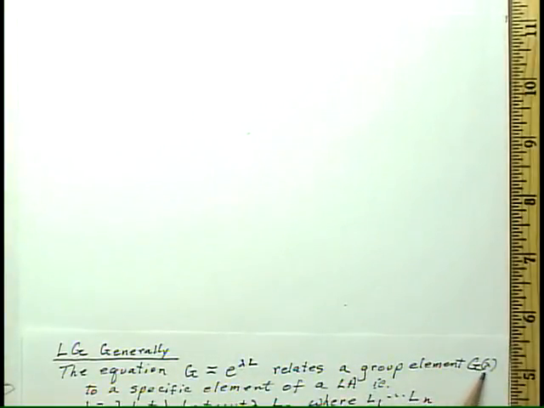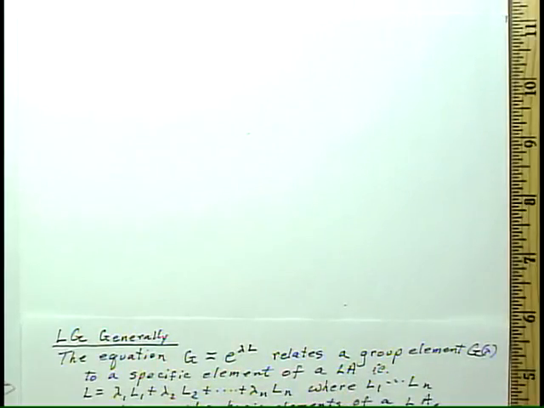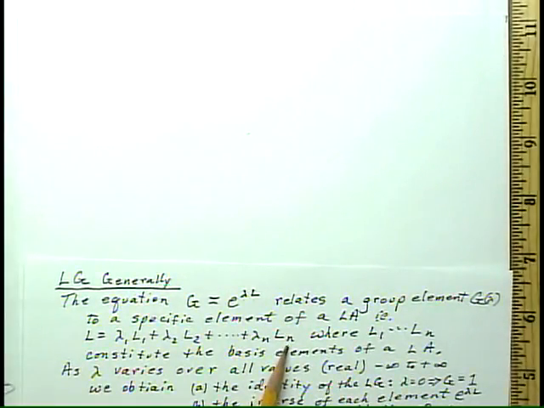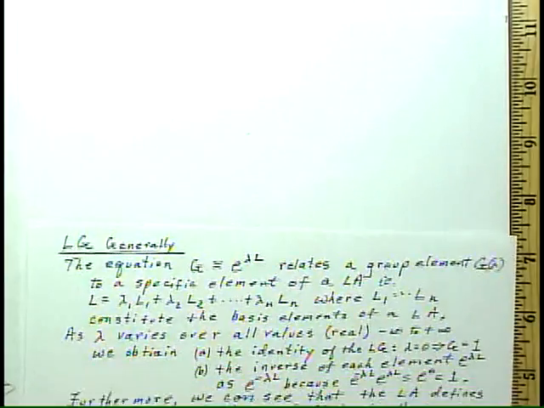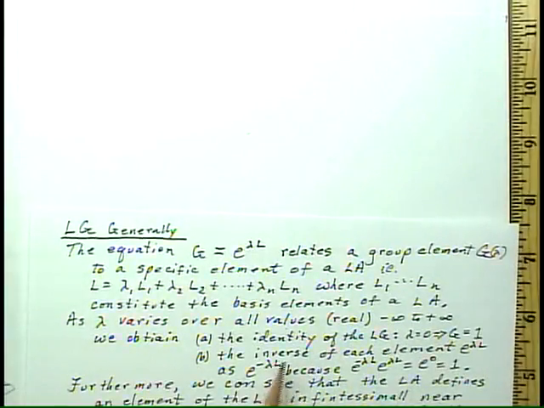We therefore write G of lambda and refer to a specific element of the Lie algebra, which is L. For example, if we had an n-dimensional Lie algebra, L would be lambda 1 L1 plus lambda 2 L2 up to lambda n Ln, where L1 to Ln constitutes the basis for this Lie algebra. Now as lambda varies over all of the, say, possibly real elements from minus infinity to plus infinity,